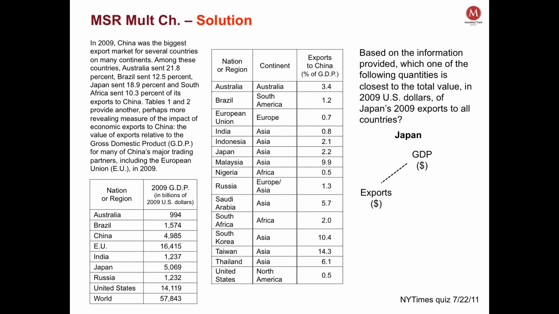So when I thought about this, I thought, well, all right, so here are my three graphs, right? I've got these connections going on. Okay, if I look up Japan, exports to China represent 2.2% of its GDP. All right. And exports to China also represent, and this is just from that text block over here, 18.9% of its total exports.